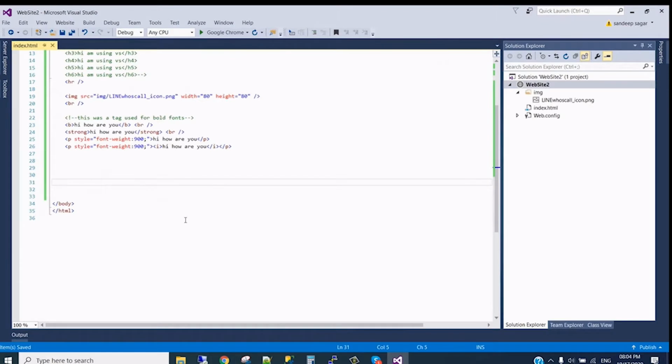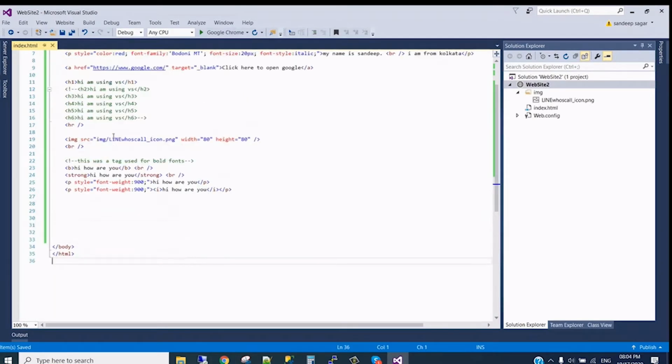We can create sections in HTML in two ways: one, by using div, or we can use a table.